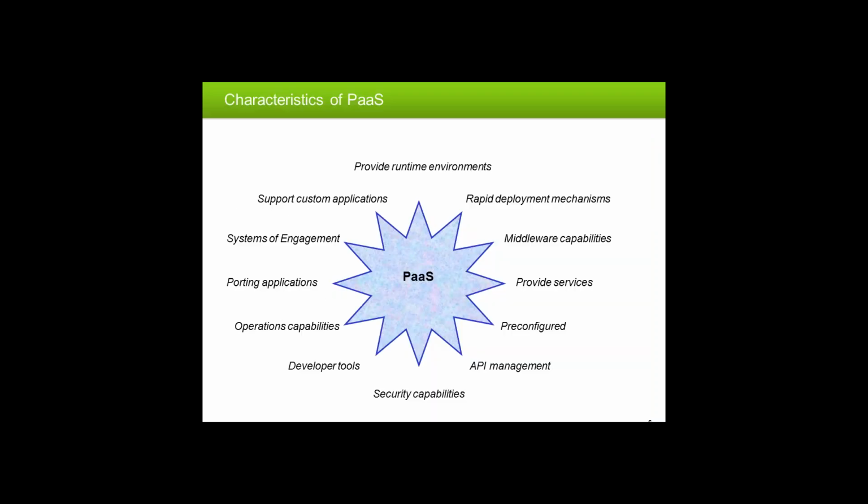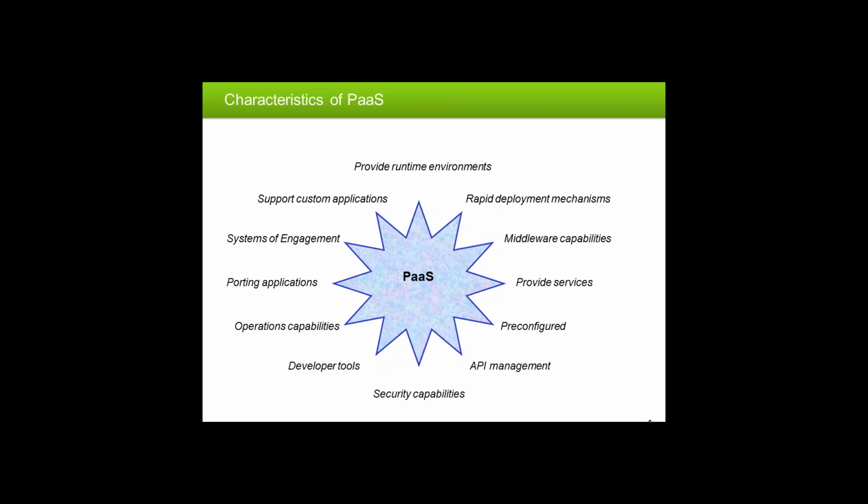Okay, if we could move on, Tracy, to the next slide. So let's touch then on the characteristics of platform as a service environments. I'd like to show that on this 12-sided star here. If we start near the top, the fundamentals of the platform as a service offering is they're there to support custom applications that you're developing for use in your organization. Now, you may develop the applications yourselves inside your organization, or you may acquire them from some third party, it doesn't matter which, but the PaaS becomes the environment in which you are going to run those applications.